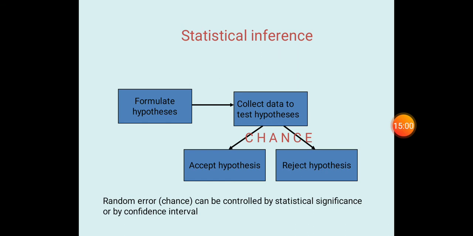Understood? These are also the options of opposite of equal to. So H naught such that mu1 is equal to mu2, then how we will explain H1? That is the alternate hypothesis represented as H1, where H1 such that mu1 is not equal to mu2. Okay. Then mu1 can be greater than mu2 or mu1 can be less than mu2. So these are the alternate hypotheses which we can write for that null hypothesis H naught. Understood?